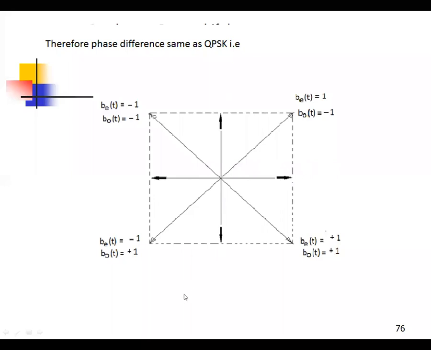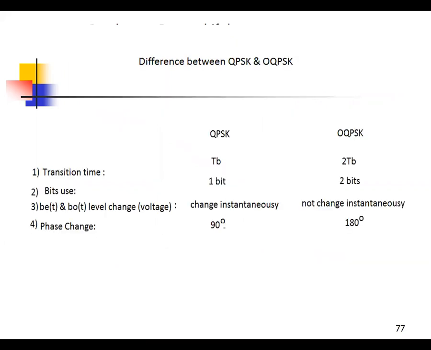Non-offset QPSK. What you are doing here is simply within the bits produce one more phase, that is 90 degrees phase. Within the bit produce one more phase. So note this important point. Within the bit one more phase angle, that is 90 degree phase angle produces, that is non-offset QPSK. Now, this non-offset QPSK, and now see the difference between